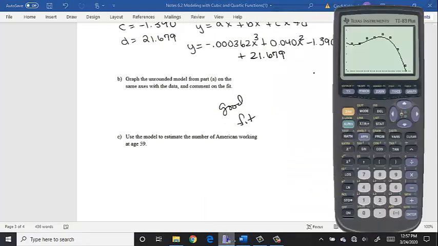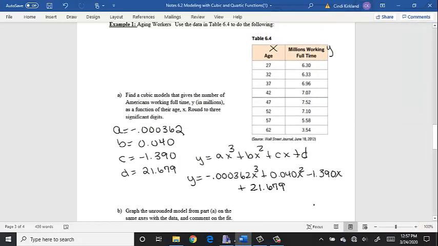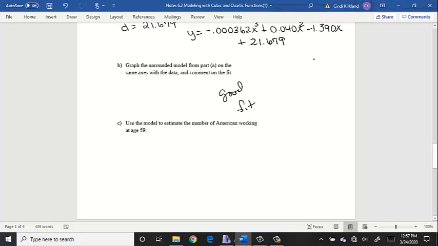Okay? Our next question asks us, use the model to estimate the number of Americans working at age 59. Go back up here and look at your data. Age is X. So they want us to estimate the number of people working full time when our age is 59. So when X is 59. So all we're going to do there is we're going to take our function and wherever X is, we're going to replace with 59. So Y equals negative